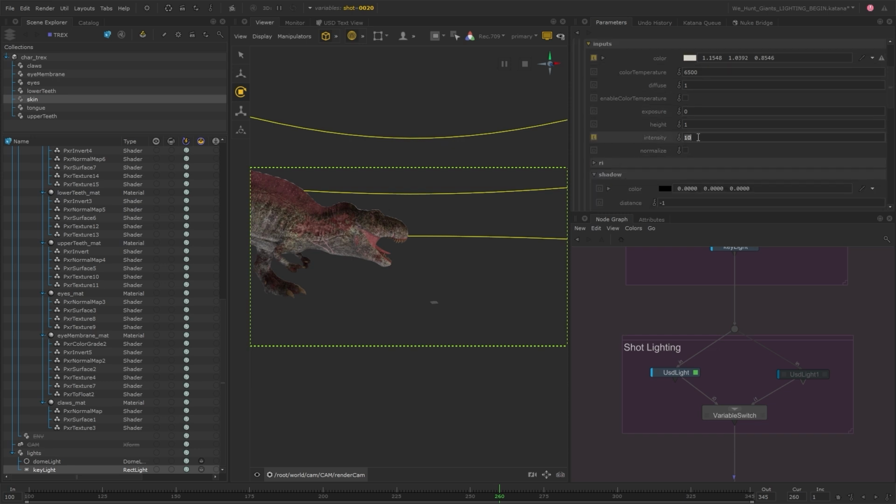So we can now jump in and make changes to this. So for example, I'll just change this quite drastically so we can see that change. Let's make it even more obvious. There we go. So now we've increased that light intensity just for this shot. And we can see that reflected in the render. And then if I switch to my other shot,